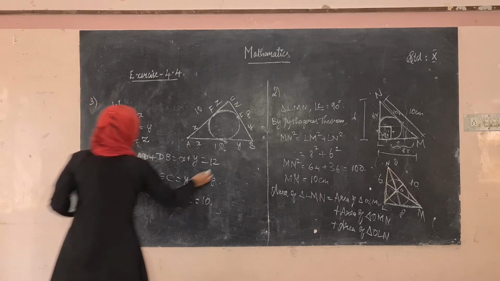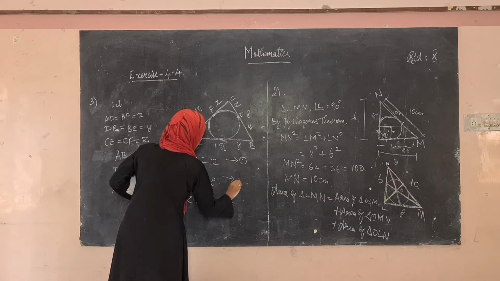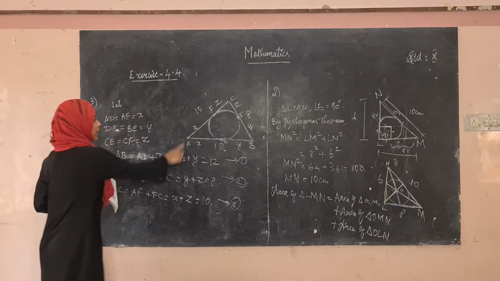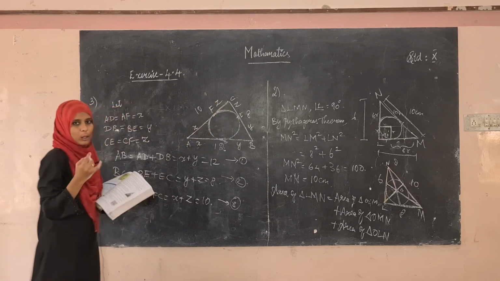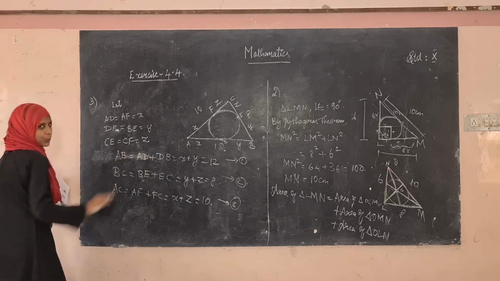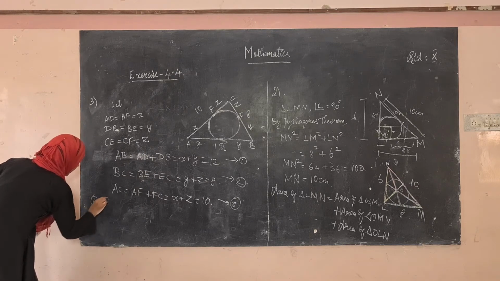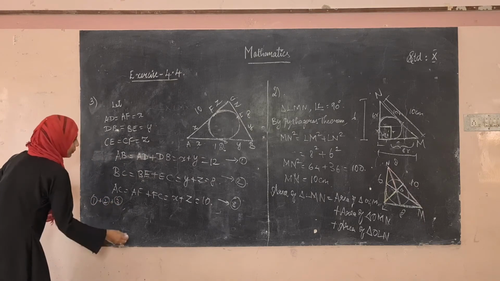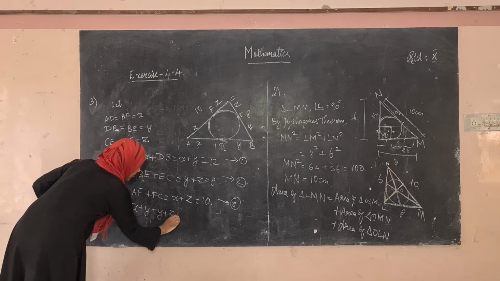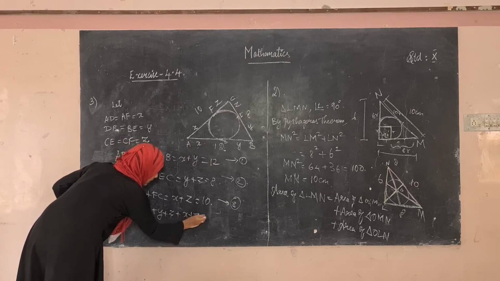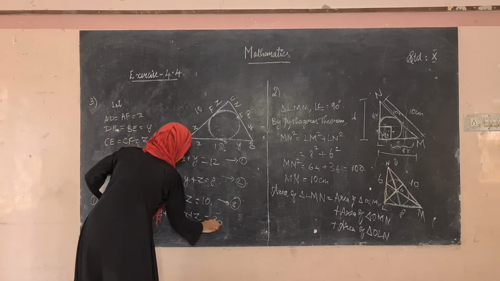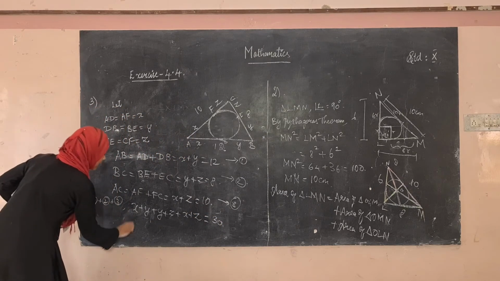Okay, now let us take this as 1, 2 and 3. Okay, they have asked us to find AD, BE and CF. That is the value of x, y and z. Okay, so from this we have to simplify and we have to get the answers of x, y and z. Now let us add these three equations, 1, 2 and 3. Okay, so x plus y plus z plus x plus z is equal to 10 plus 8 is 20, 20 plus 10 is 30.